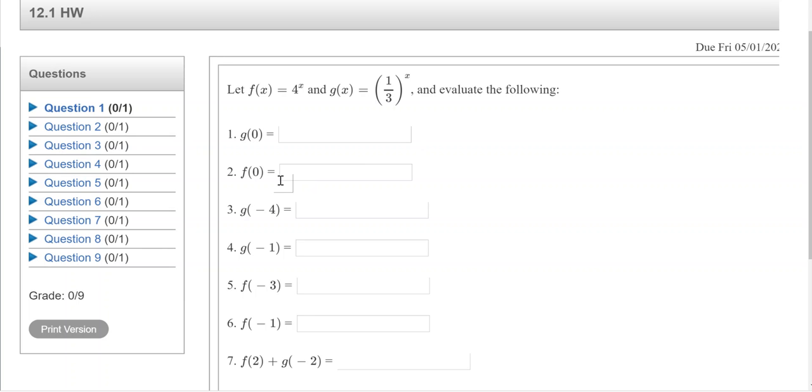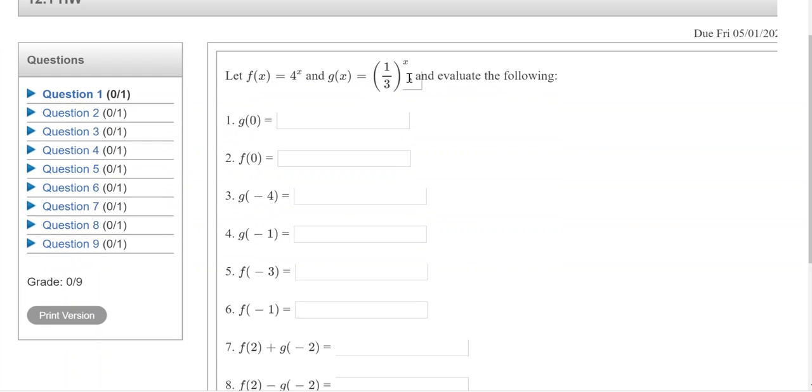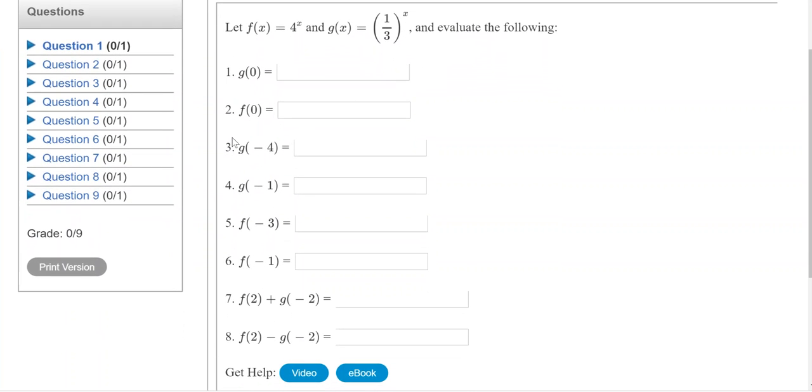Remember, with function notation, finding g of 0 means on the g rule, so here's my rule, 1/3 all to the x power, evaluate that when x is 0. So that means go put a 0 in for the x, and you have to say, what is 1/3 to the 0 power? And you might remember from our laws of exponents section that a number raised to the 0 power is in fact 1. Right? So just so we can read each one of these, and again we'll do a few on a separate piece of paper,